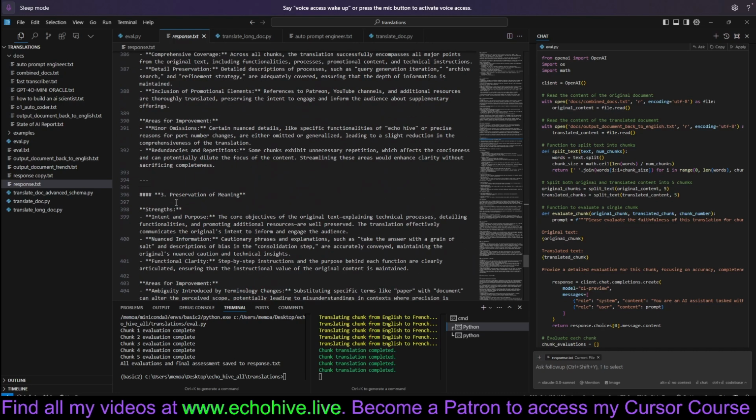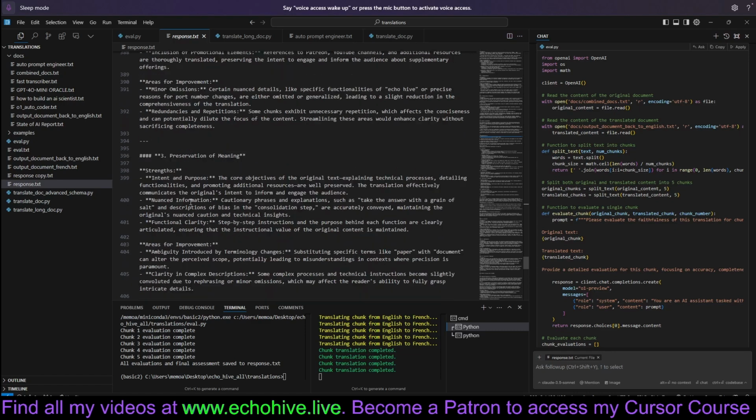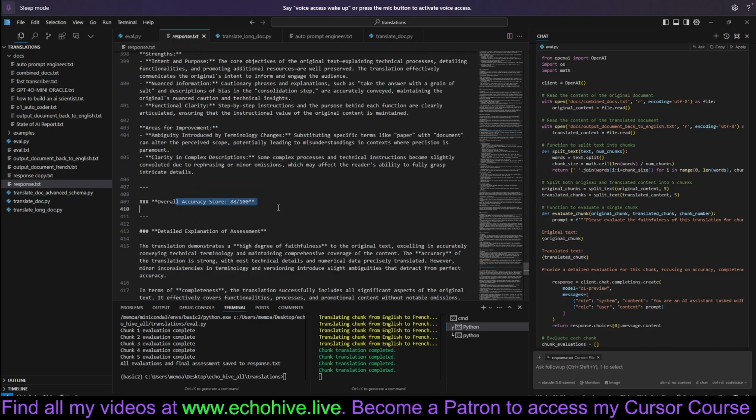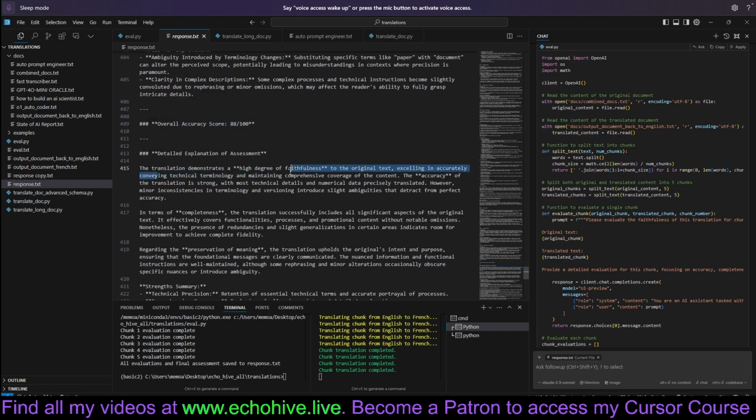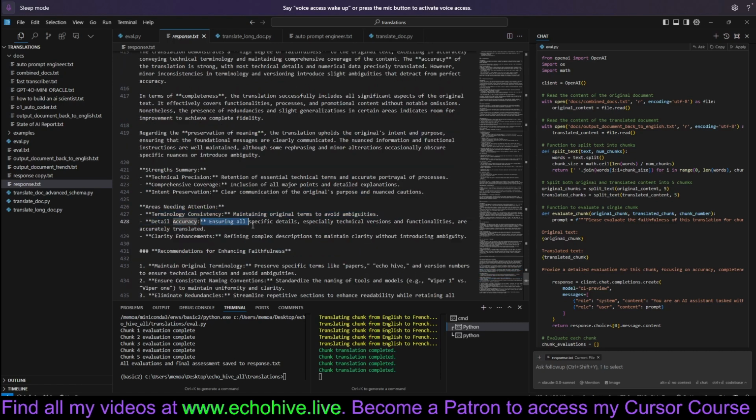Oh, here. Wait. Where's chunk five? Overall accuracy score 88. Translation demonstrates high degree of faithfulness. In terms of completeness, it covers all significant aspects and effectively covers processes. Regarding the preservation of meaning, translation upholds the original's intent and purpose. Areas for improvement: detail accuracy,